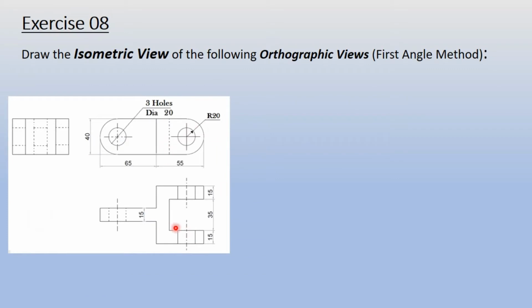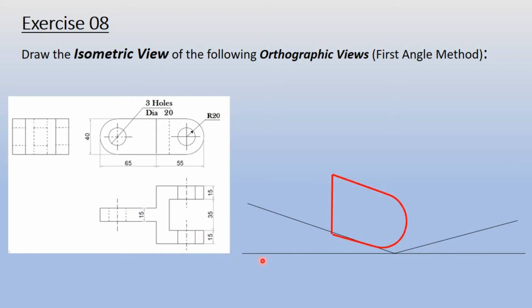So this is our question, front view and top view. First I will start with the portions from the front view. This is your imagination part. So I'm drawing on this face here, but not here, because in the question the right hand side view is given, which will appear here. So this line is because of this line, and you see that I have completed this face, but not this face. Why? Because this portion and this portion are not together as viewed in the top view. This portion is coming behind this portion. That is why I've taken some distance, and this is the portion now visible in the front view.